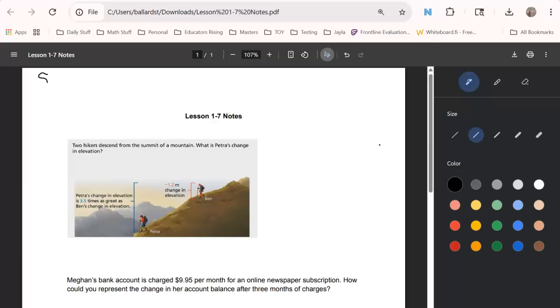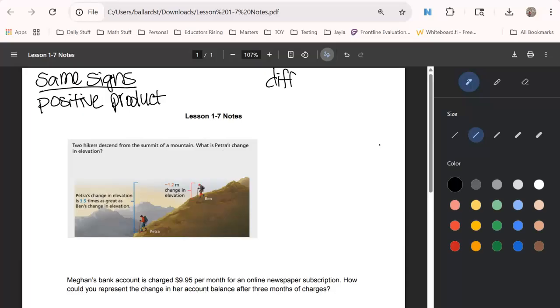Okay, so last week we talked about when we are multiplying and the two numbers have the same signs, we will always get a positive product. So we just multiply the two numbers and our answer will be positive. So if they're both negative or they're both positive, you just multiply the two numbers and it'll be a positive answer. And then if they have different signs,